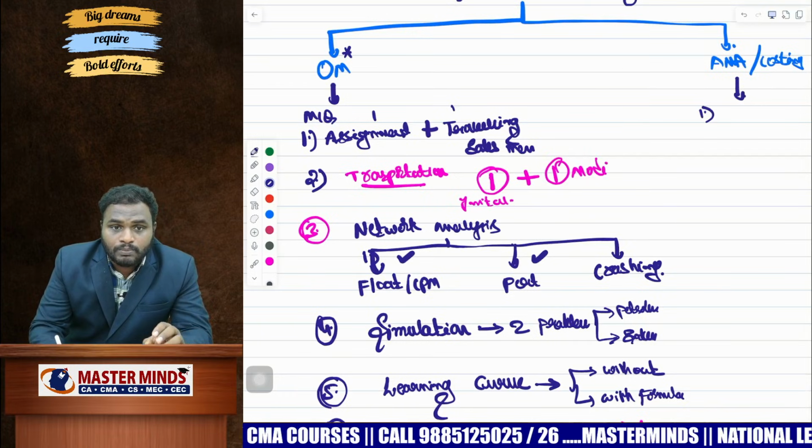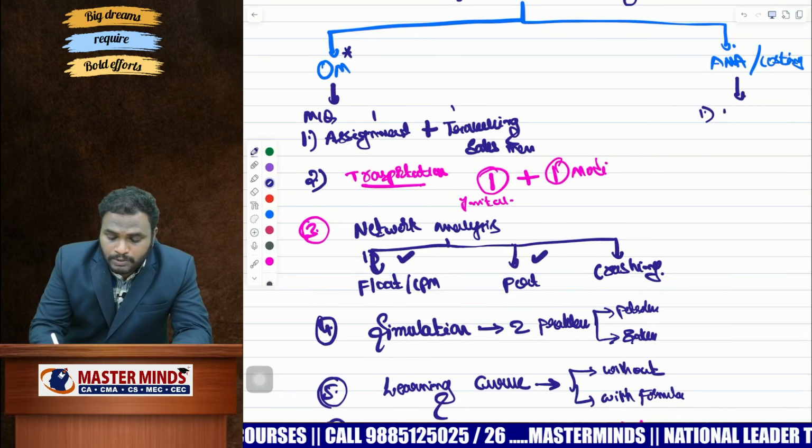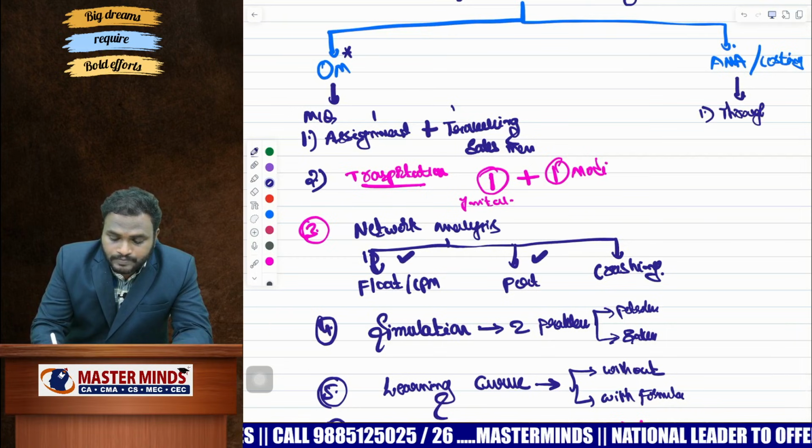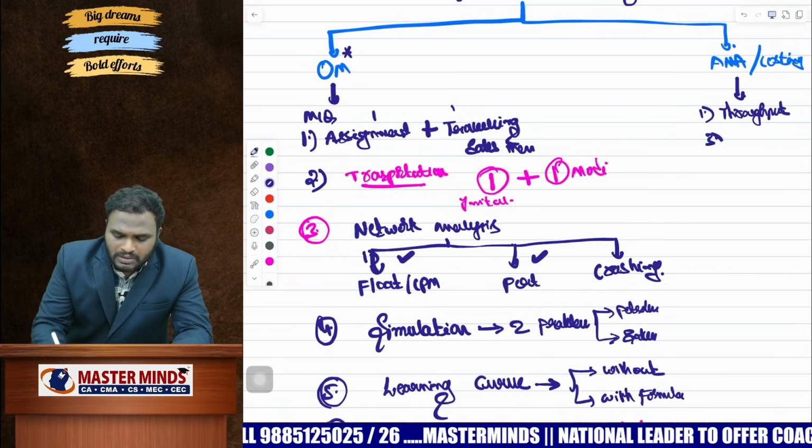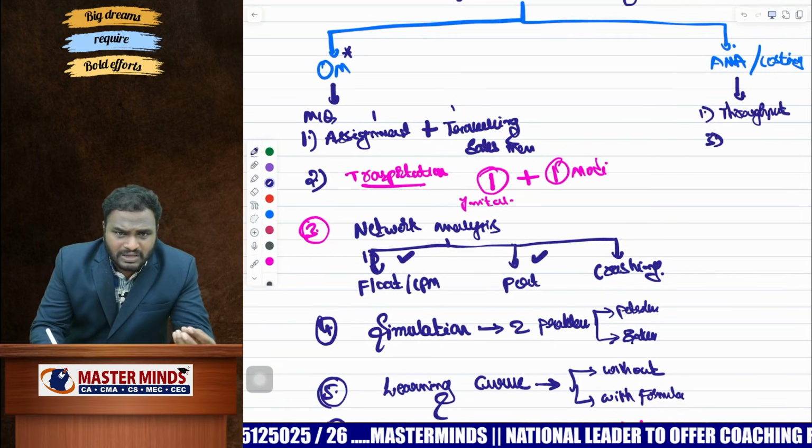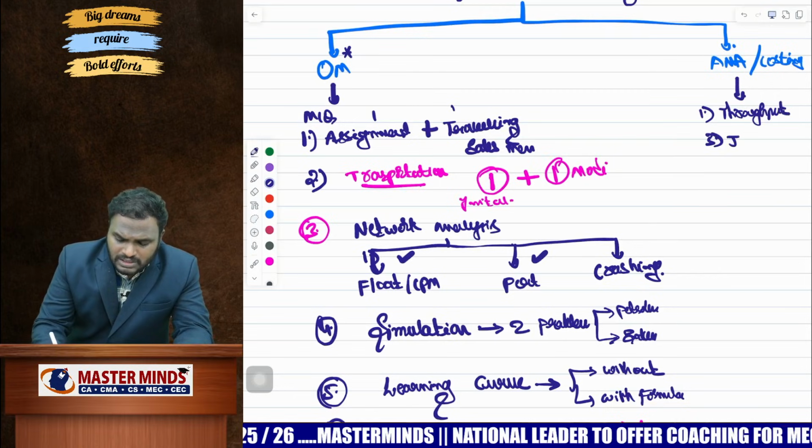You have to give more importance to the small chapters. What are the small chapters? Throughput accounting. There are very small problems, very few problems in our material. Just in time,